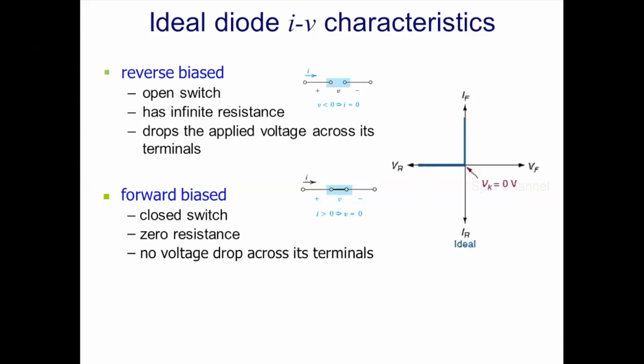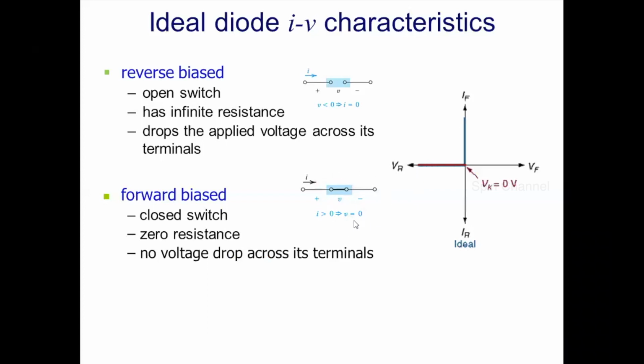An ideal diode, being an open switch in reverse bias condition, offers very high resistance, ideally infinite. And the drop across the diode will be the voltage that has been applied across the terminals. So V is the reverse voltage applied across the terminals, I is equal to 0, and the resistance is infinite. This is the characteristic that has been plotted. So current is 0, and the drop V is nothing but the applied reverse voltage.